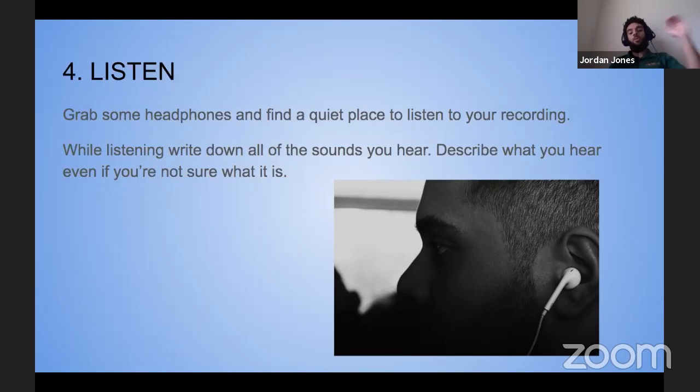So make sure you listen through everything that you can hear within your recording, and listen more than once, because when you listen through the first time, you're going to hear one thing. When you listen through the second, third, and fourth time, you're going to hear different things because your ears are going to adjust to what you're listening to. So take the time to think about and listen to what you hear on your recording, because you'll probably be surprised at what you find.